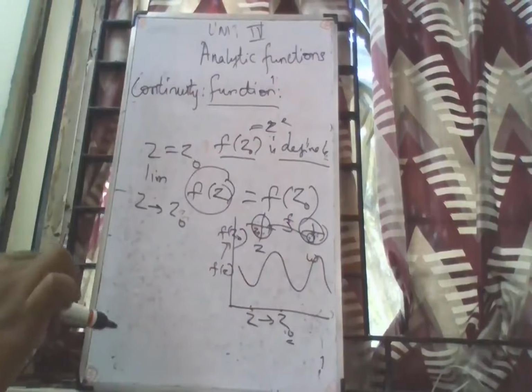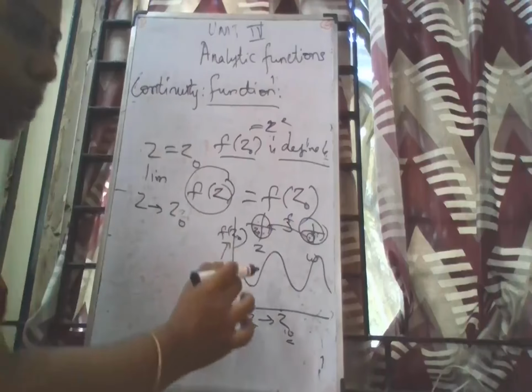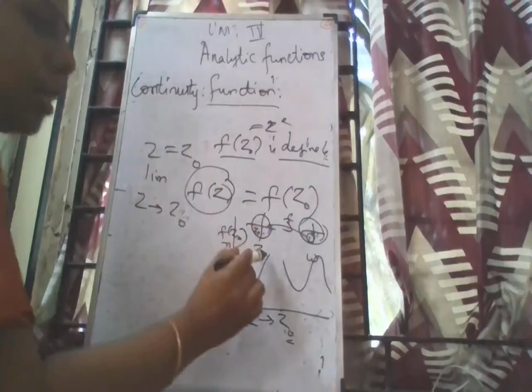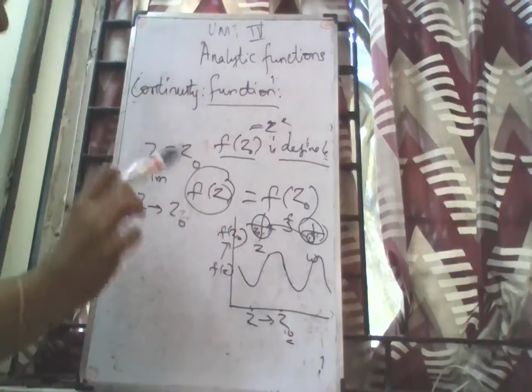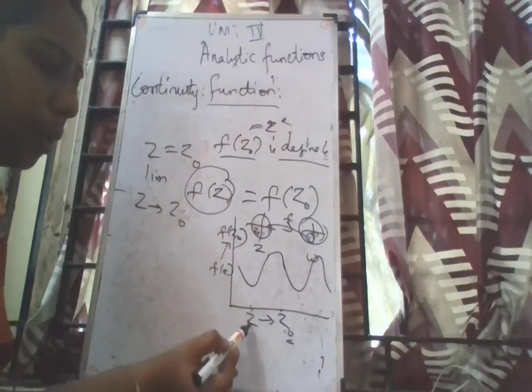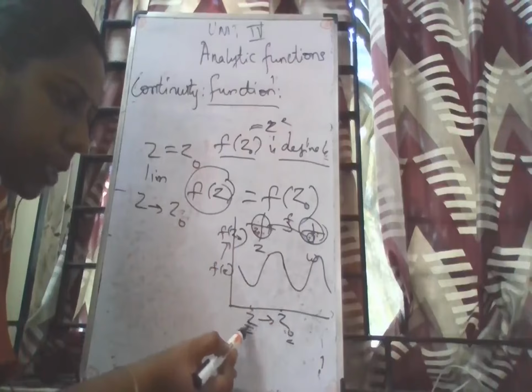However we define it in real numbers or on the real axis, we have the same concept over here. Here also we call this the same thing. Suppose this curve is discontinuous and this curve is continuous. Continuous in the sense that each point of z we are defining here. So for each point, as z tends to z naught, or for all values of z,